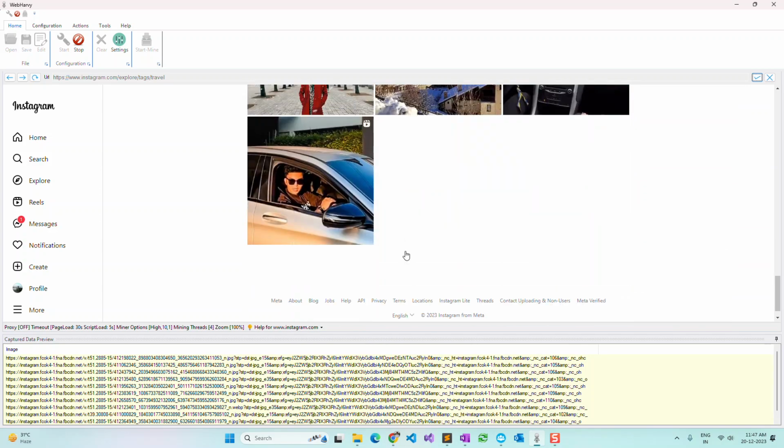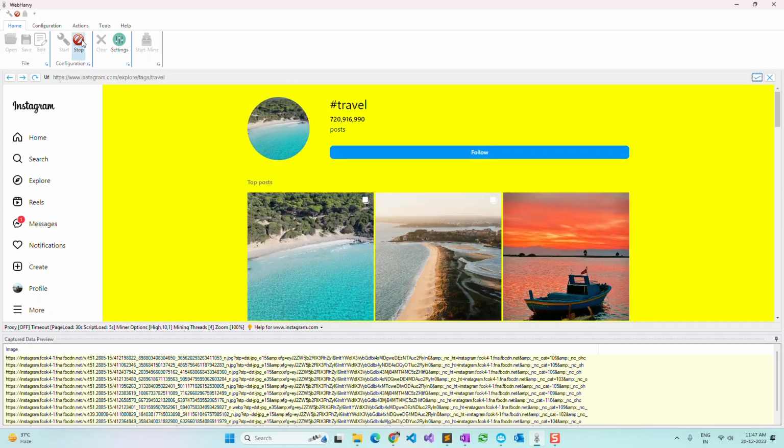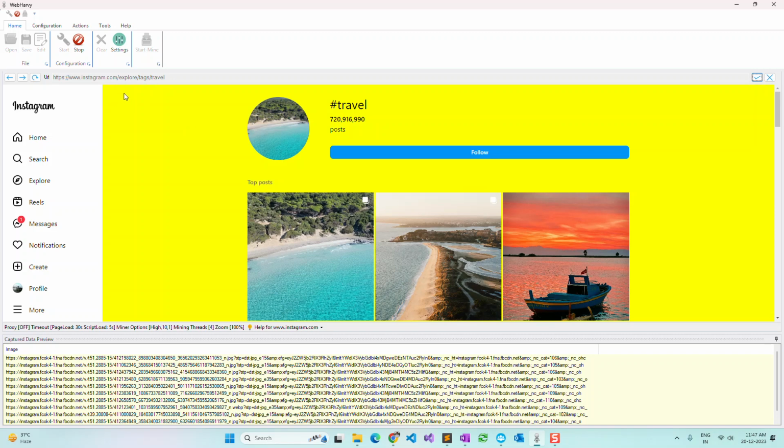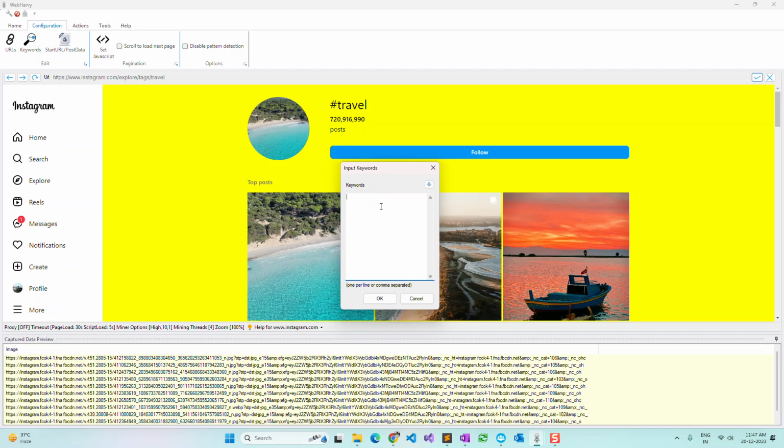Now Instagram currently displays only a single page of images for the search. So if you want to scrape images for multiple keywords, so this corresponds to the travel tag, but I can go to configuration and keywords and add multiple tags here. The only condition is that the first keyword which you enter should match the one in the URL loaded. So you should provide travel as the first keyword, and then